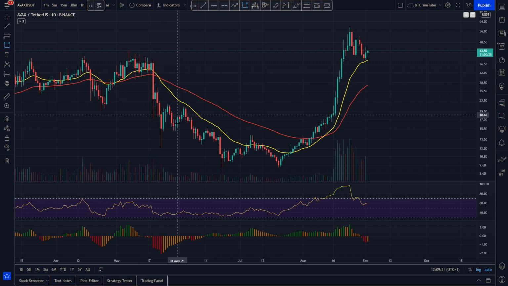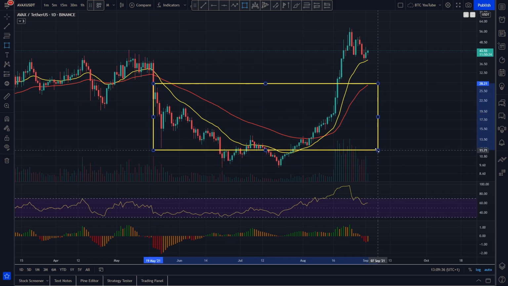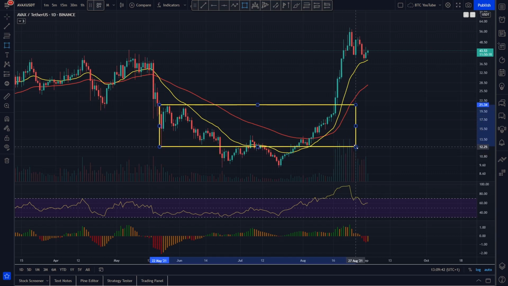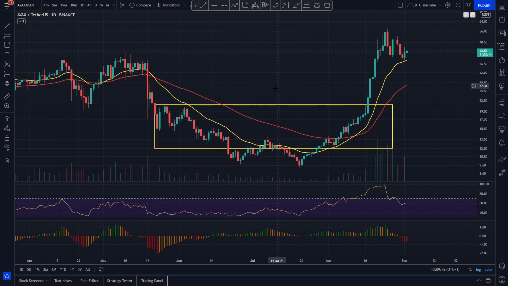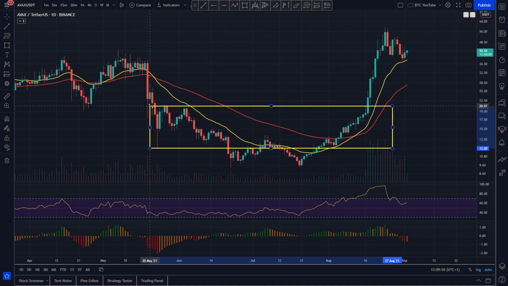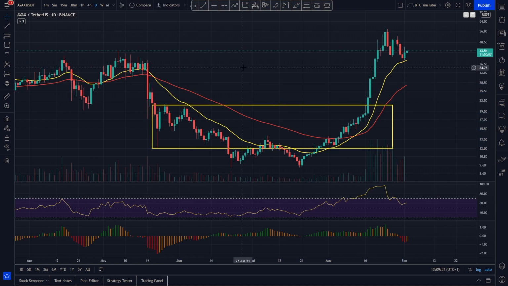Realistically, you could say the range isn't really formed until we get like way down here, really. There isn't really a range here, is there? Unless you could say, maybe this is the range, looking something like this, maybe. But it's really hard to tell, isn't it, basically? I guess you could say there's a wider range looking something like this. But in reality, you're probably putting your range in like this.